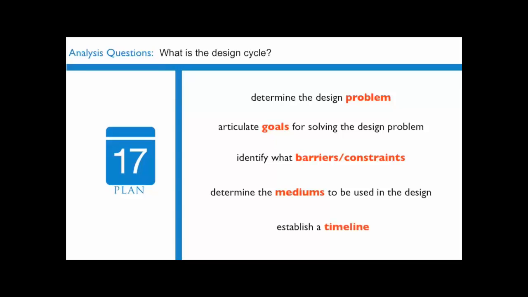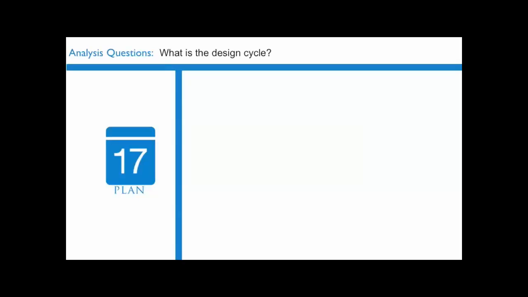The fifth thing to think about is what is the timeline that you're going to be working with for the design artifact. The timeline is an essential component of the planning and preparation because it establishes when things need to happen. Now, depending on the scale of the design problem, it may also be necessary for you to subdivide the design